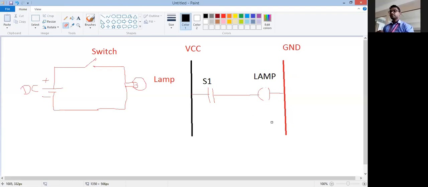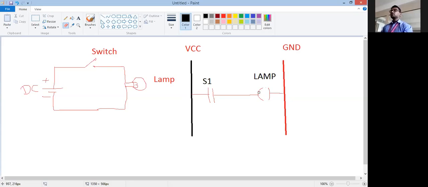Like our railway track, these two vertical lines are there. This is the left rail and it is for VCC. This is the ground rail, the right rail.